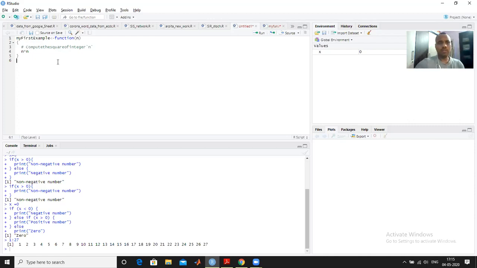Now there are two ways. Either you can select it here and run it, or otherwise I can save it under some name. Suppose I save it as my first example.